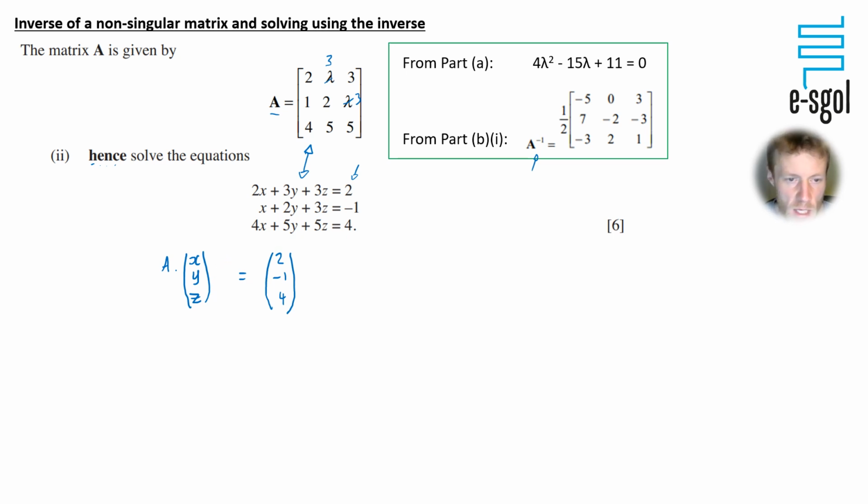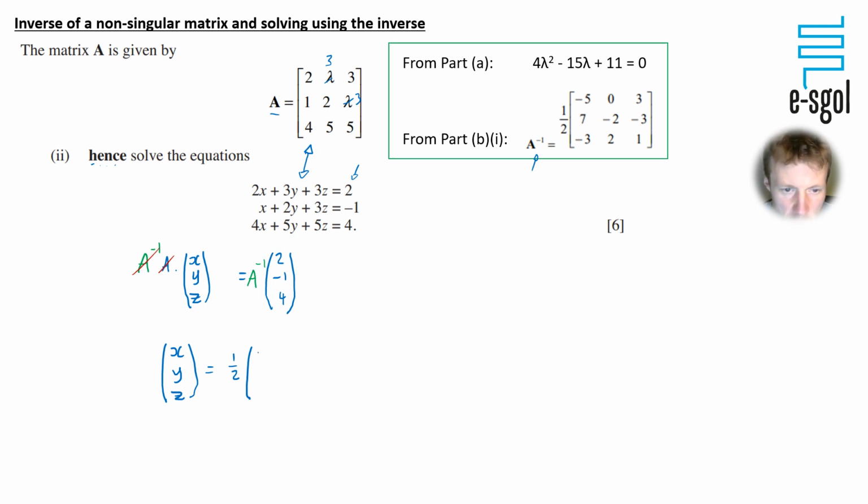I need to be cancelling this A off, so I am going to multiply by the inverse matrix this side at the front, because you can then see that the inverse matrix here would be cancelling off matrix A. That means that I have to multiply these values here by the inverse matrix at the front because the order is important. So that's what we're going to go ahead and do. So x, y, z equals the inverse matrix 1/2